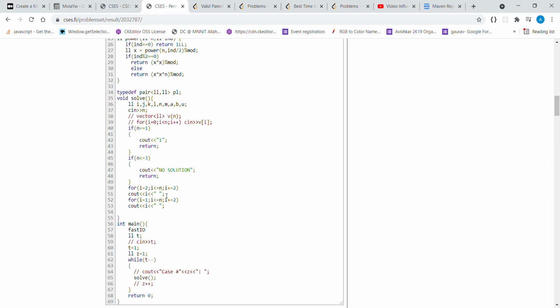After that, a solution always exists, and what I have done is I have first printed all the even elements up till n of course, and then I have printed all the odd elements. So there won't remain a case where you will find two adjacent elements having a difference of 1.